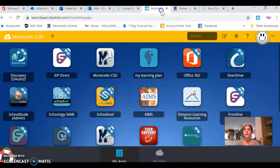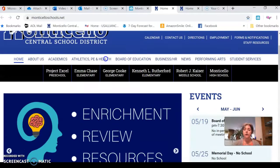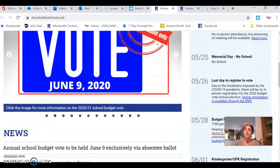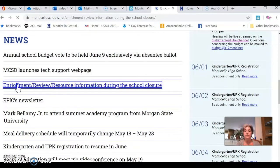Let's start from ClassLink. So here you are on ClassLink. Once you sign on, you have to go on to the Monticello Central School District's web page. So here is the icon for the web page, and you're going to click on that. Now, you're going to go up under News, and then you're going to go under Enrichment Review Resource Information during the school closure. So you're going to click on that,